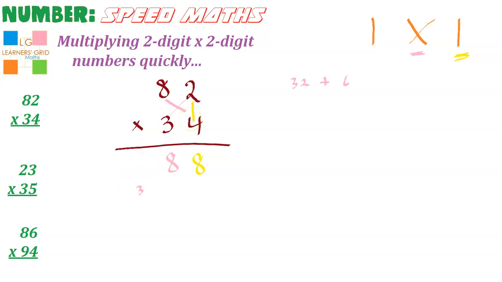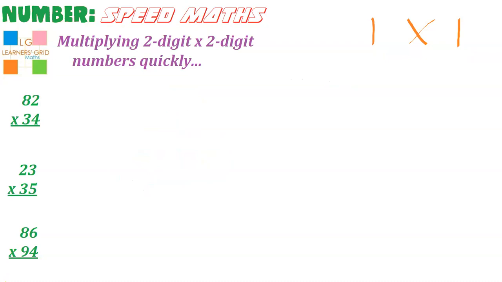Okay, so the next and the last step is up and down, like that. Okay, 8 times 3 is 24, plus 3 is 27, and that's what we write down. And that's the final answer. As simple as that. Let's keep going and do the next one, which is 23